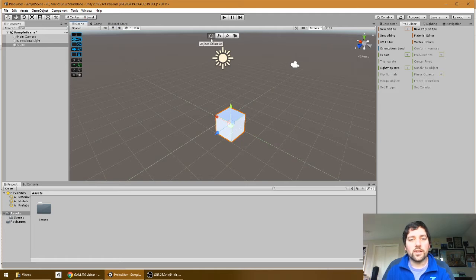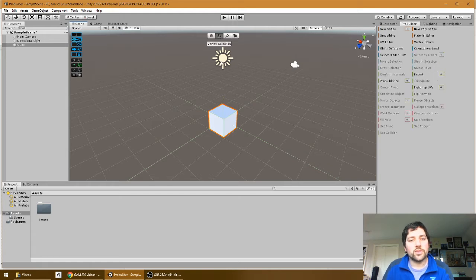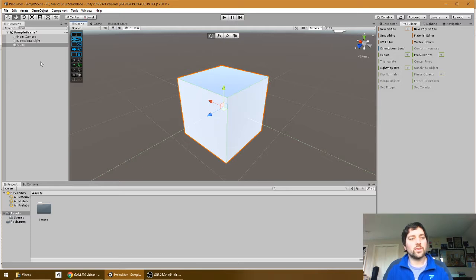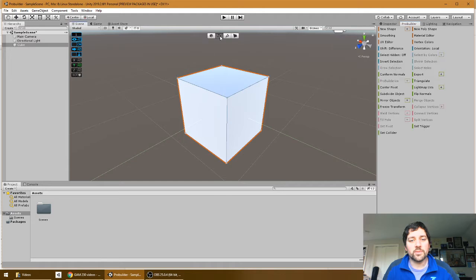So now you've got object selection mode, which is your normal. This is just choosing objects in your scene, moving them around. But you also get these other selection modes, and this is where it gets crazy. I can select now an object, and if it's just a regular Unity object, one that I've created without ProBuilder or imported or whatever, I can click on ProBuilderize, and that will transform this object into something that ProBuilder can